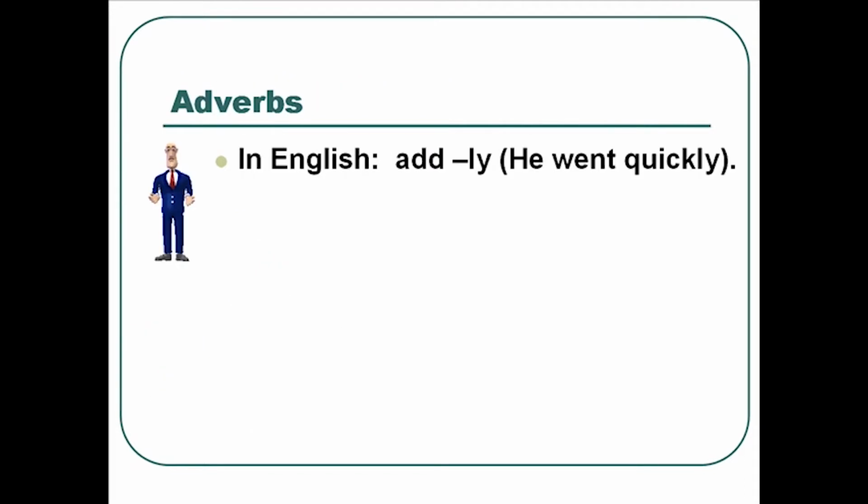Now let's take a look at the adverbs. In English, usually we make an adverbial form by adding the ly onto the end of an adjective. So we don't say he went quick, we say he went quickly. And the ly ending tells us that the quickly modifies the verb went, rather than it was a quick car or it was a quick rabbit. In that case, the quick would modify those nouns, being an adjective. When we add the ly, it sends it over to a verb. So it's called an adverb.